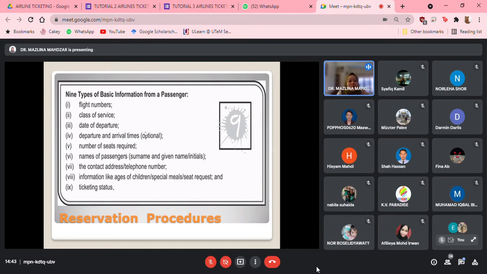Flight number or flight preference, classes of service, your date of departure, arrival and departure times, and then the number of seats required, the name of the passengers, the title. Sometimes there are people who are particular, they are a Datuk or a Datin, and then married or unmarried, child, children, infant, all this information, contact address. I forgot to say earlier, the seventh one, the contact address and phone number